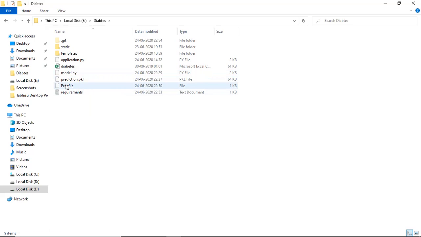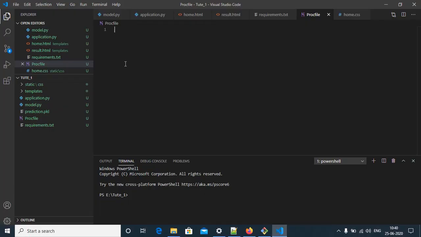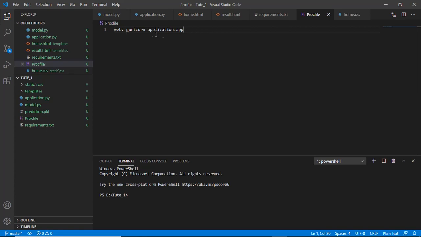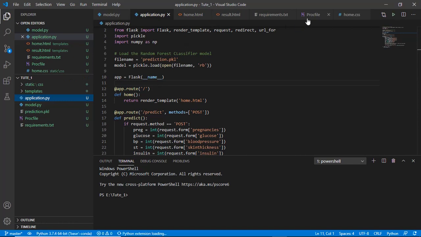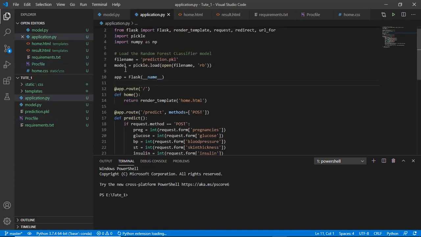First I'm going to copy my old code and paste it here. This is the syntax you have to remember: we are going to use Gunicorn, so you have to write it up to here as it is. This is our application, the Flask application, so I write it here, and that app is our Flask app name.